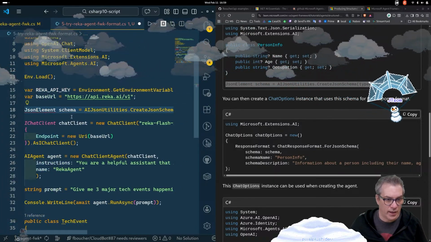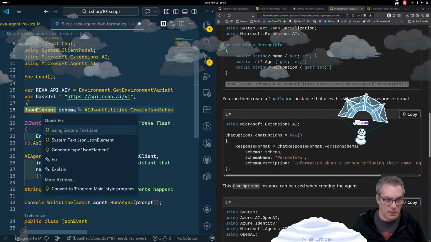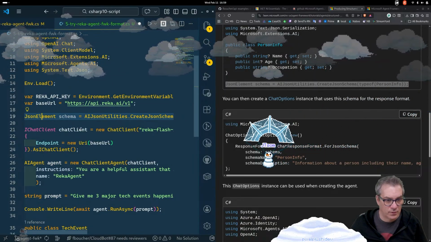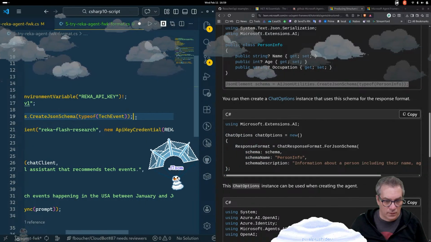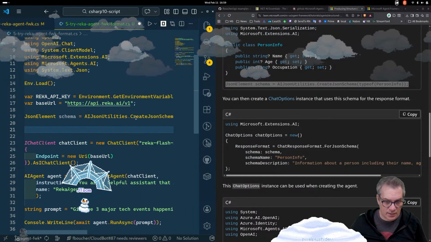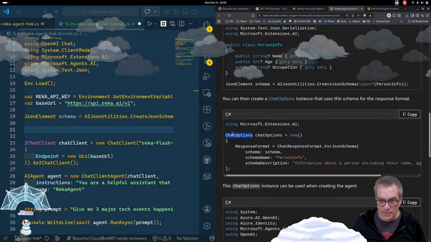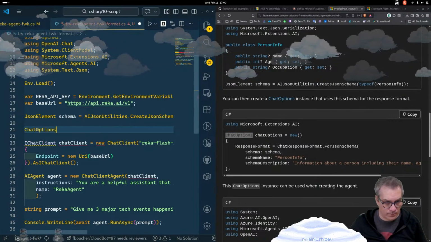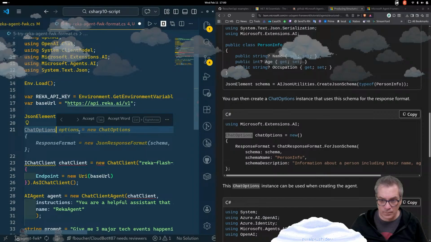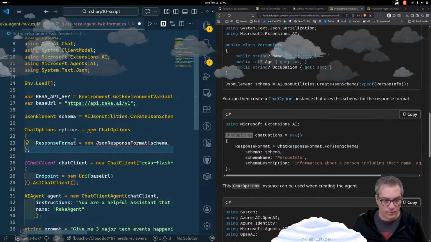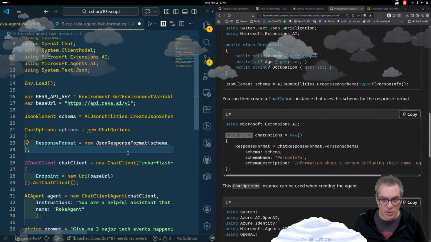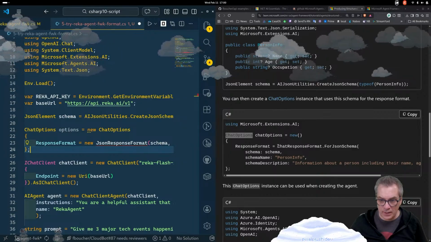Cool. So now we have a JSON element. Yeah, add this. Then we add the chat options. And a response schema. And then we need to add